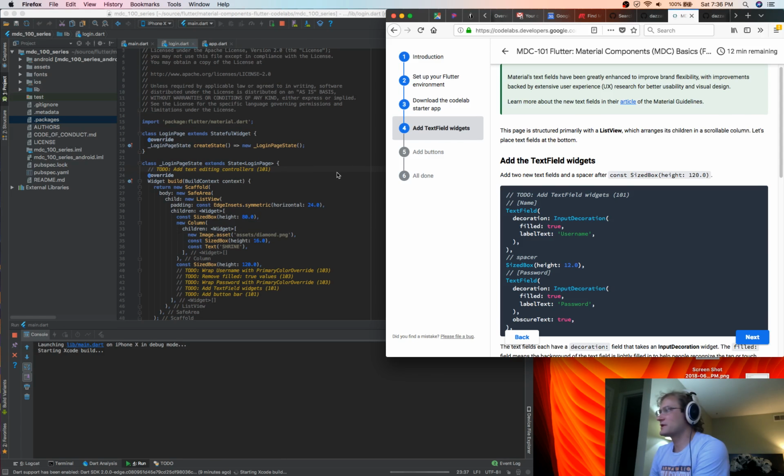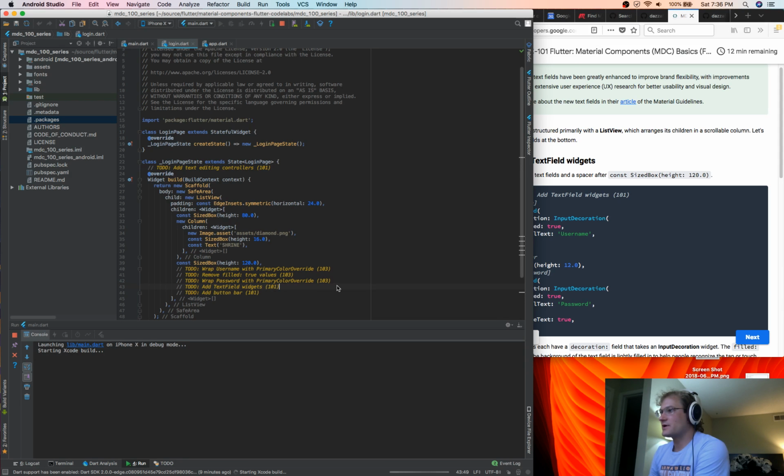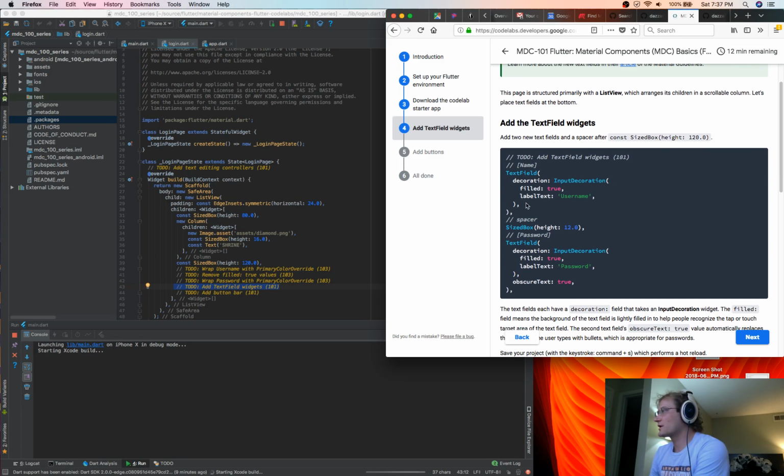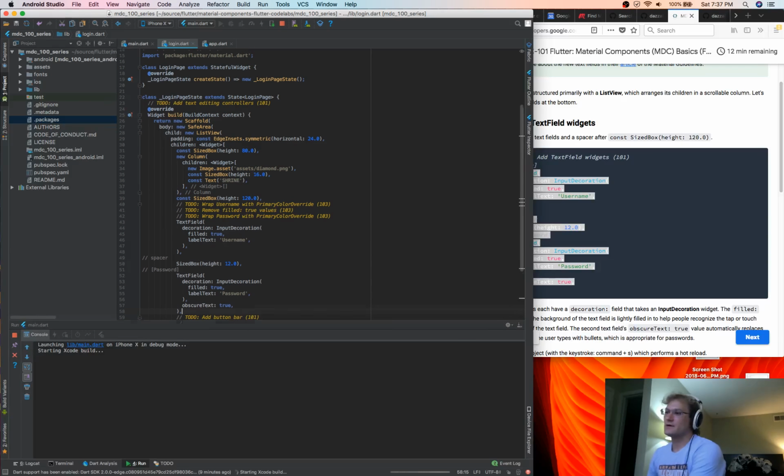So it wants us to place them at the bottom. Okay, so here's where it wants us to place them. So we're going to copy and paste this code, and then we'll talk about what it does. So here's where it says to do. We're going to copy over that right here,